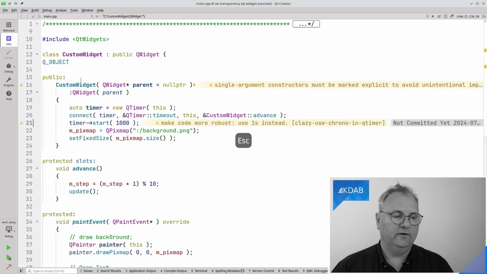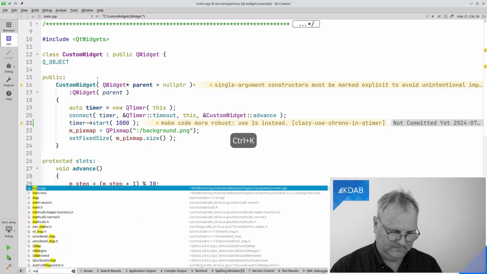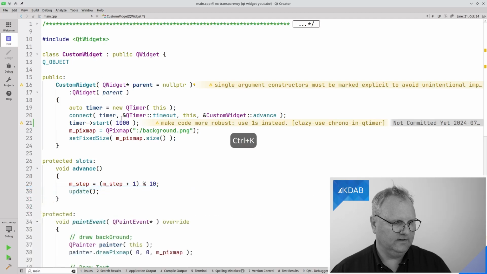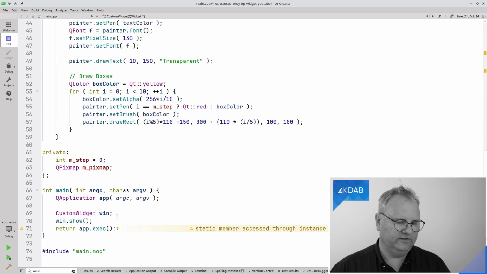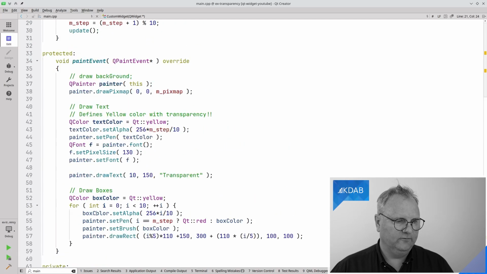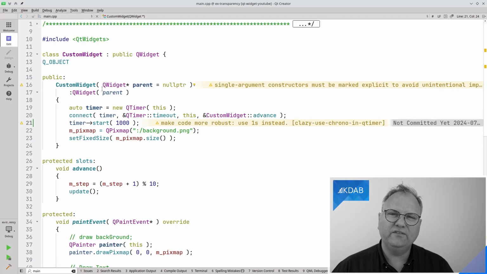So my class, let's start there as always. Class starts in main. Oh, it was in here, main. So in main, I create an instance of my custom widget, which is this one up here. I always need to create a subclass of QWidget or one of the existing QWidgets to be able to paint stuff, because if you remember from the previous episode, you paint in your paint event, which is a virtual method.